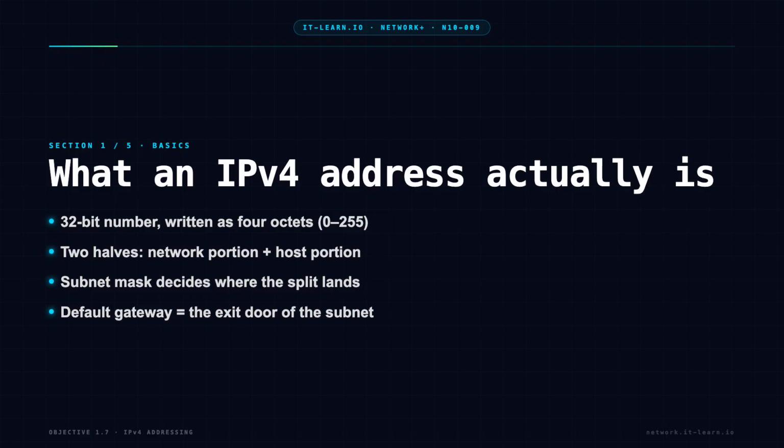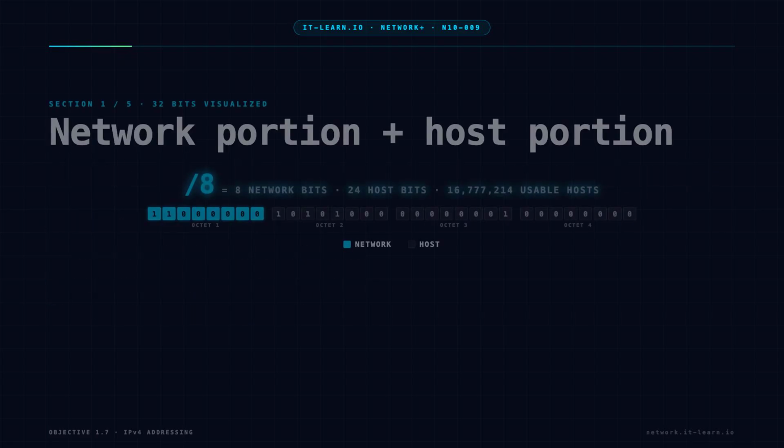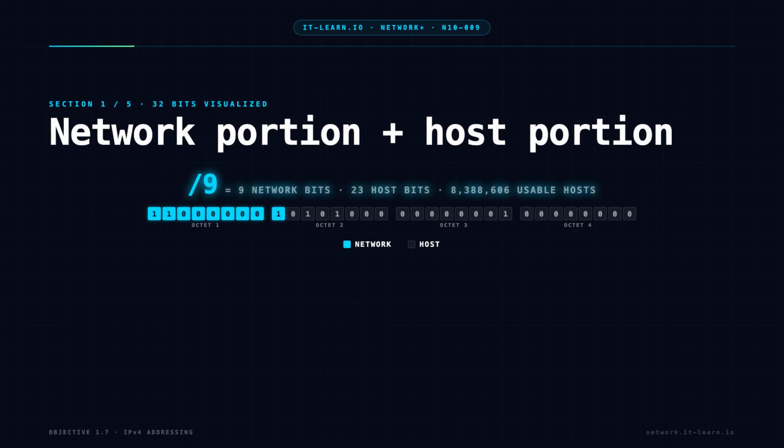Every IPv4 address has two parts, the network portion and the host portion. The subnet mask determines where the division between these two parts falls. A subnet mask is also a 32-bit number. The ones in the mask identify the network portion and the zeros identify the host portion. For example, a subnet mask of 255.255.255.0 or /24 in CIDR notation means the first 24 bits are the network portion and the last 8 bits